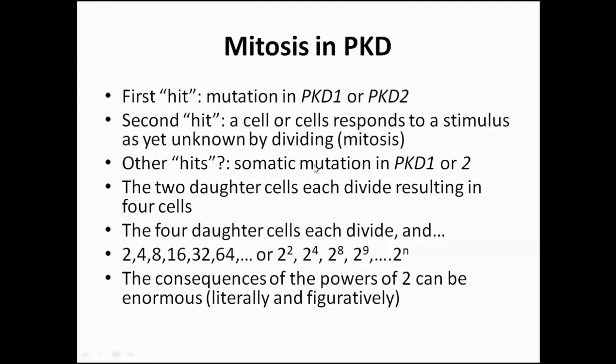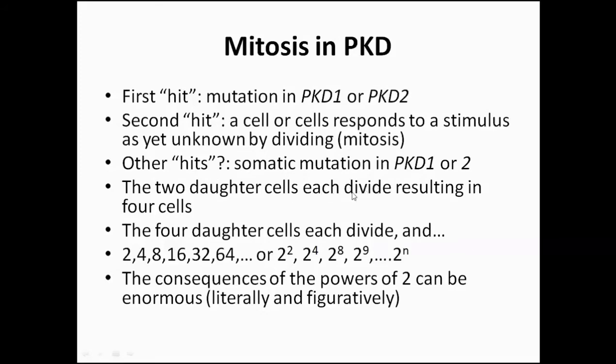So some people think, and I think there's evidence for, something called a somatic mutation, where the second copy of the PKD gene that comes from either the mother or father that was normal has an inactivating mutation such that there is no source anymore for the normal product of the PKD1 gene, which is polycystin 1. So that's almost for another talk, but in any case, you get two daughter cells which